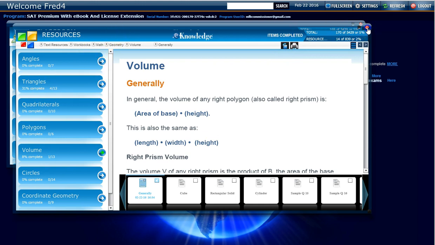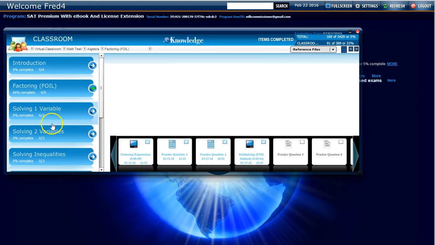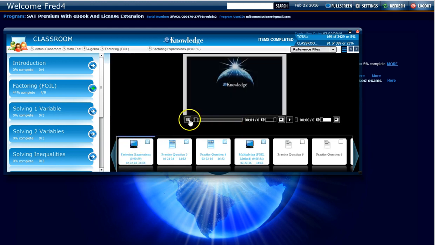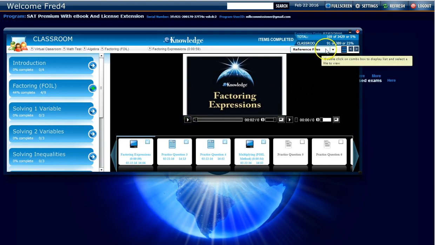Okay, now let's look at a nifty little navigation inside of the classroom. So let's say you're working on any kind of content, especially video. This one is factoring expressions. So I open up the video, and you'll notice that there's a drop down right here called reference files. If I click the drop down, if there is information that is cross-linked to this video, I can open it from here. So in this case there is, and sometimes there'll be a lot of information, sometimes there isn't anything,